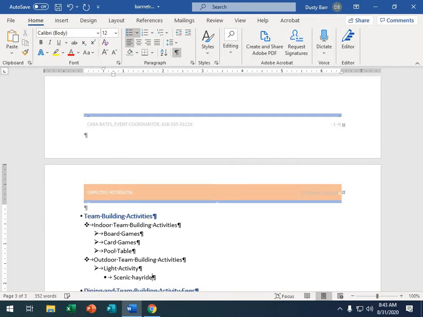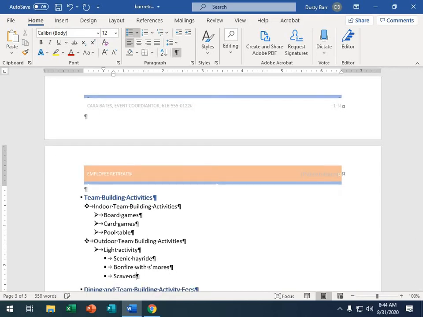And I get scenic hayride, and I screwed up. It's okay, go back if you want and make these uncapitalized. If you leave it the other way, I won't count off. Scenic hayride, bonfire with s'mores, scavenger hunt. Enter, then shift tab again to go backwards, and then moderate activity,